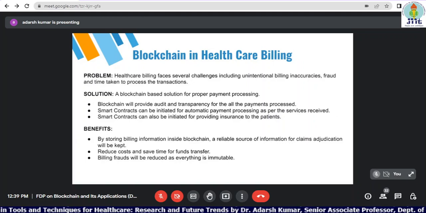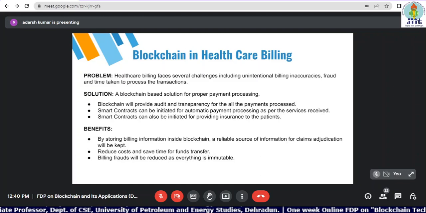So by storing billing information inside the blockchain, a reliable source of information for the claim will be a justification will be kept. So the right data will be there, the right information is there, and a reliable source of information can be claimed, right? So the reduced cost, no doubt blockchain is going to reduce the cost, and billing frauds will be reduced as